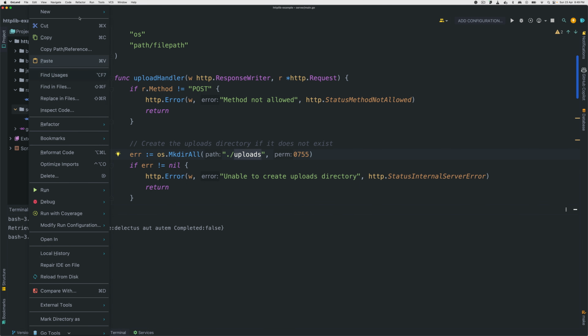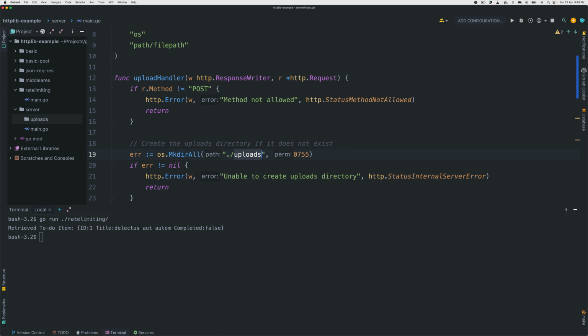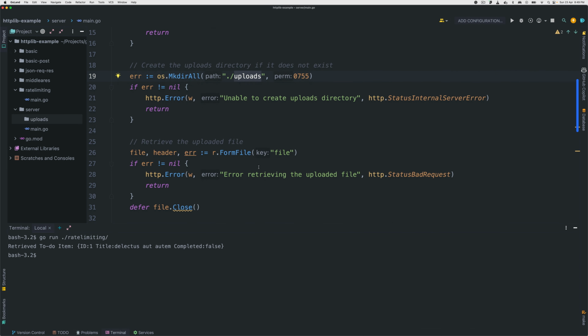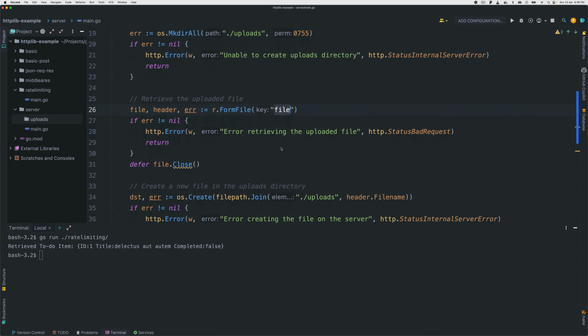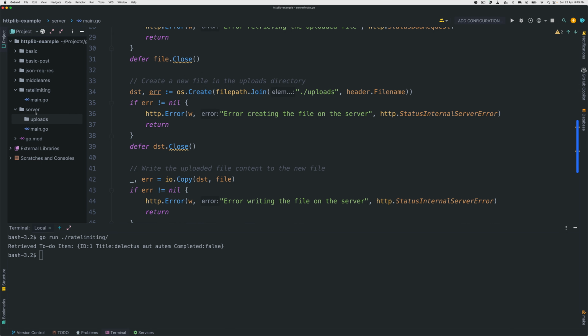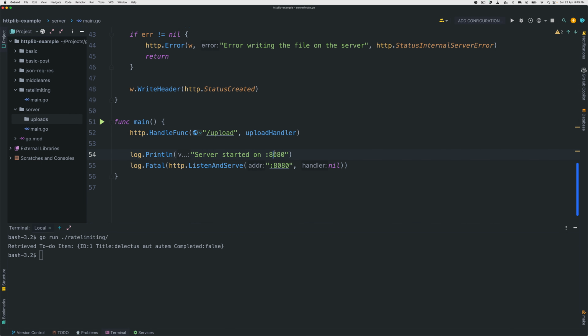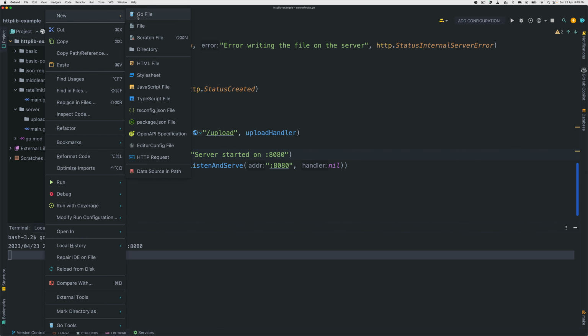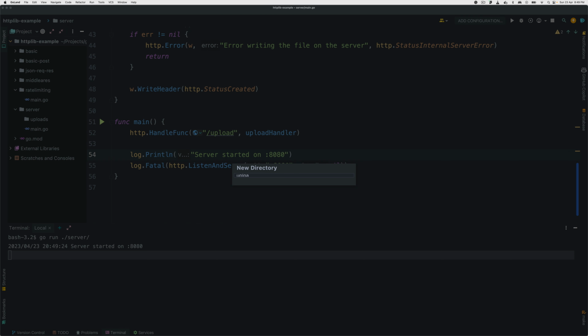So let's create a folder. And it's a very simple server. It takes the file that they're sending in called file, and then we try to upload it. So let's go there. It's going to listen on 8080. So what I want to do, I'm going to say go run server. So this is going to be running the server there. Now let's create another one called upload or uploader,